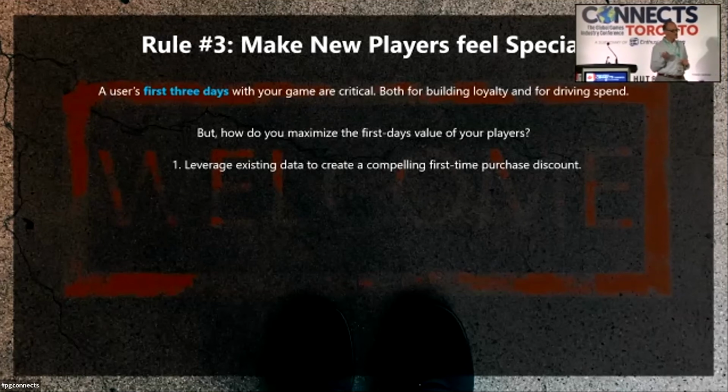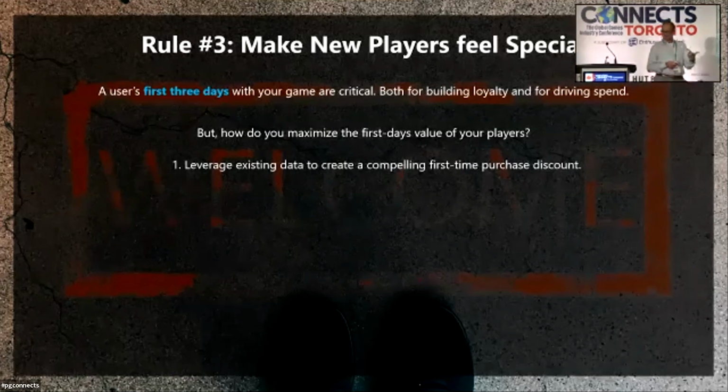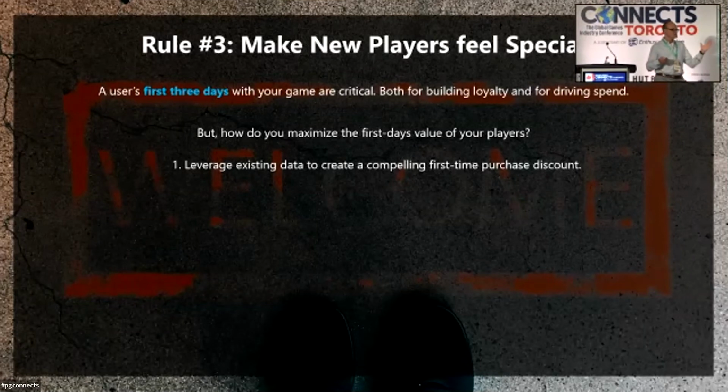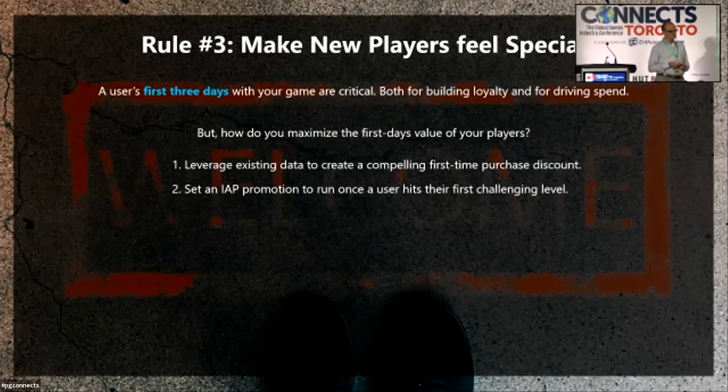So how do we get people to buy? One is to leverage existing data and create a compelling first purchase discount. Everyone should have a first purchase discount, right? Let's thank people for coming in and encourage that first purchase. Better is to segment your players. If you have insights around affluence, such as geolocation, if you're able to track that, the device type are strong signals of affluence. I live in the San Francisco Bay Area, a high income area, that's affluent. Other parts of the United States are less affluent. So that's an important signal.